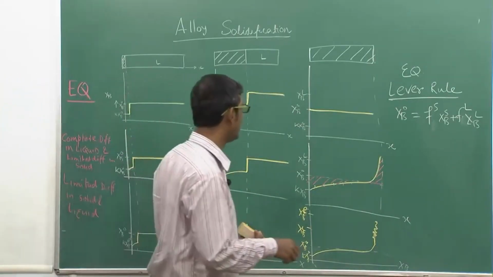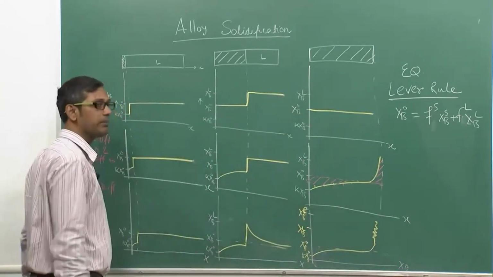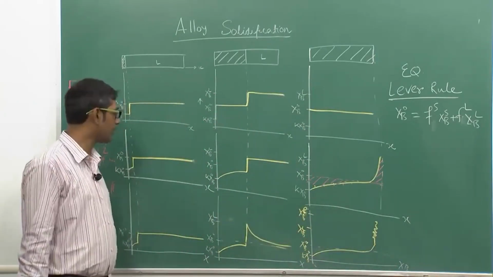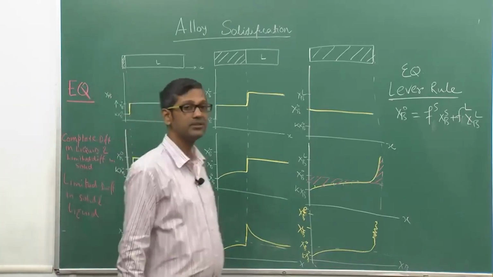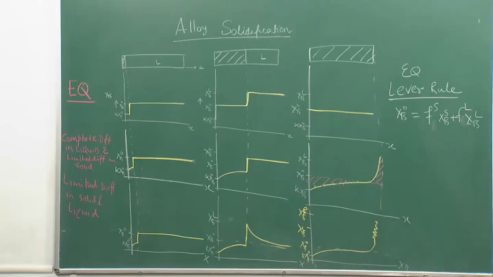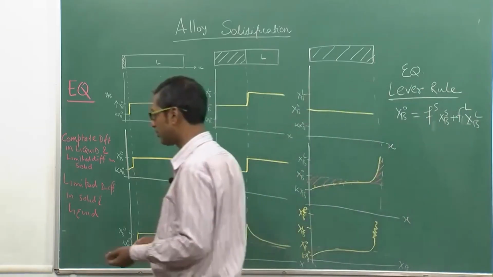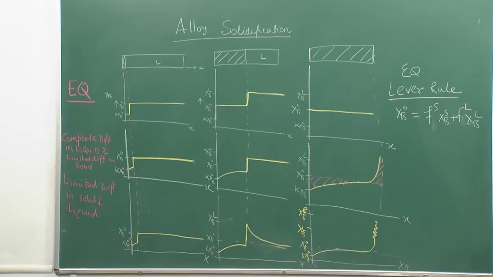As you see clearly, for the second situation, what is happening at any time? Because of limited diffusion in the solid, there is a difference of compositions, and that difference of composition leads to a change in the material balance. So, let me do it for you. Very simple. Let us go to that side of the board, so I remove this